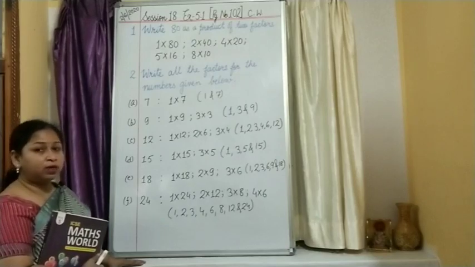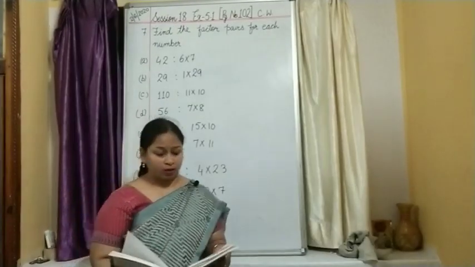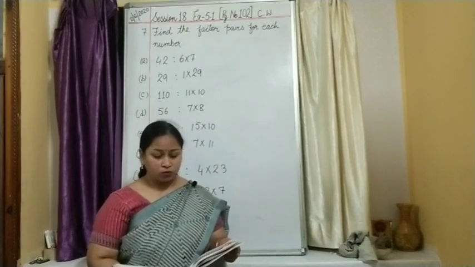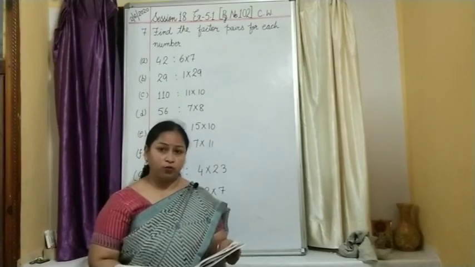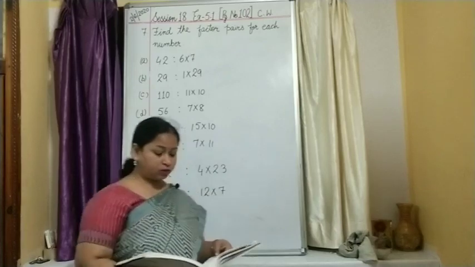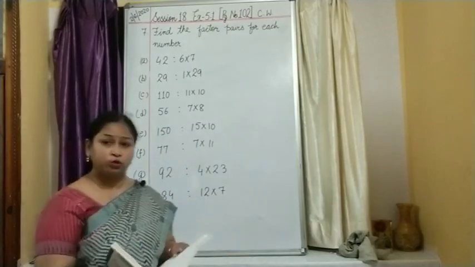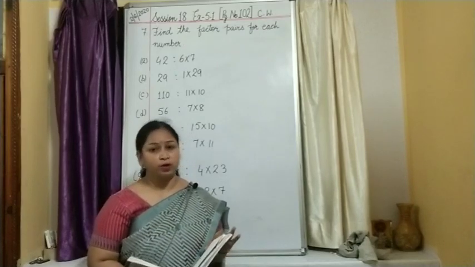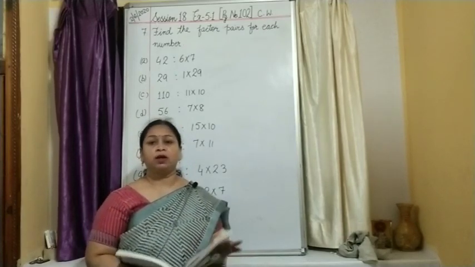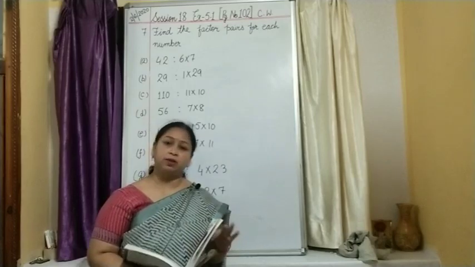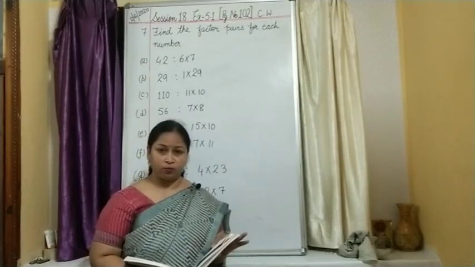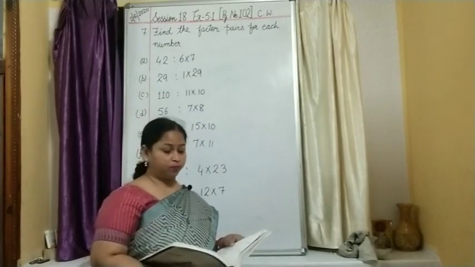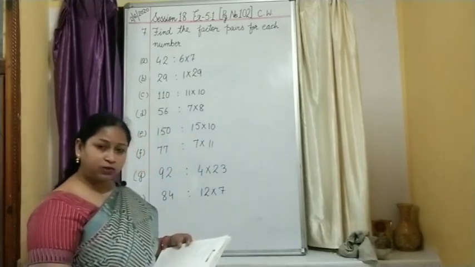So we will move on to the next question. Children, we completed question number 1 and 2, right? Both the questions you have to do in the book, and I have taken the next question, question number 7. Again you have to do it in the book. What I am doing is completing the book work first, then I will go for the copy work. I will tell you which work you have to do in the book and which you have to do in the copy.